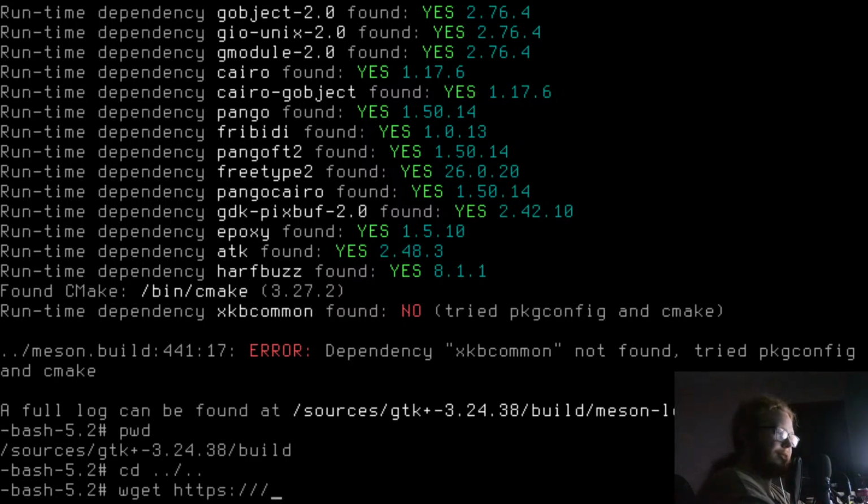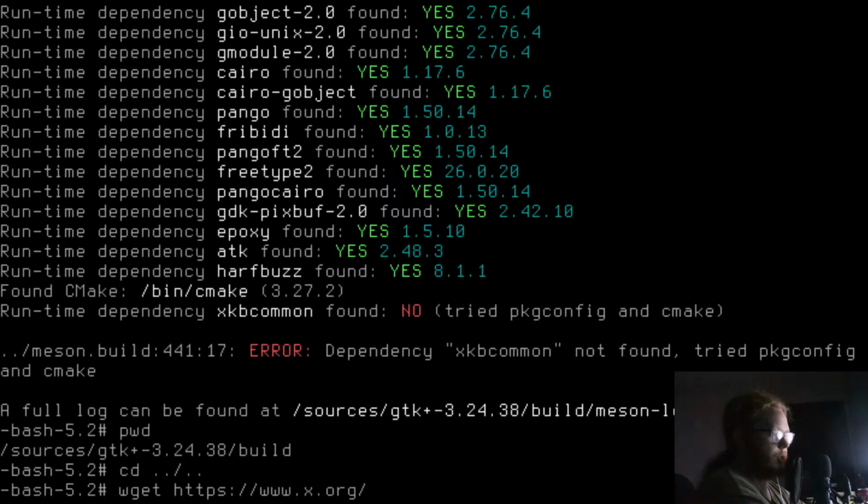Let's try this again. I need to get xkeyboard-config and then xkbcommon for this. So, xkeyboard-config. https://www.x.org.